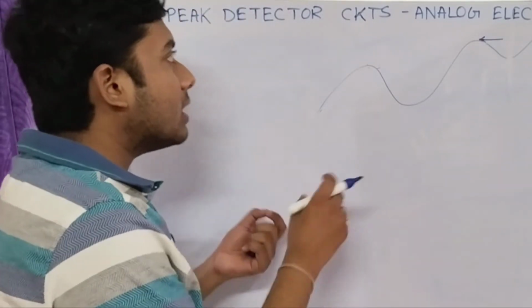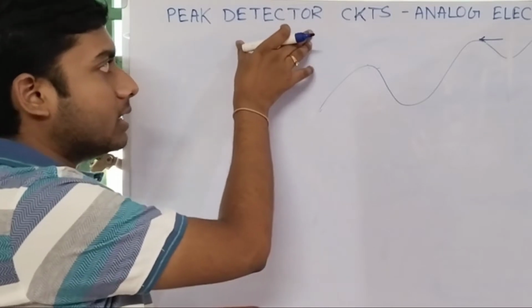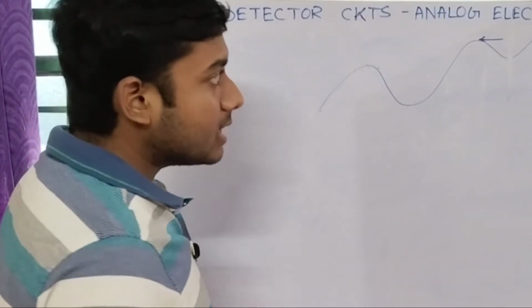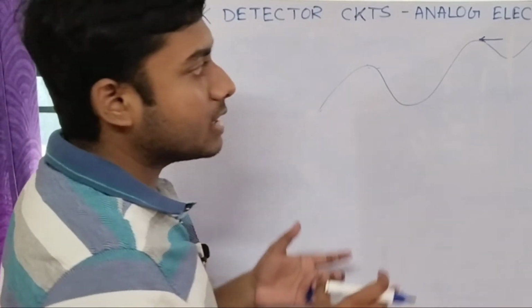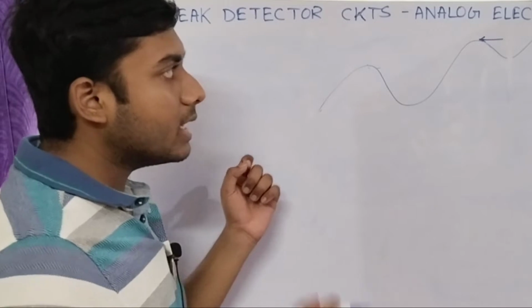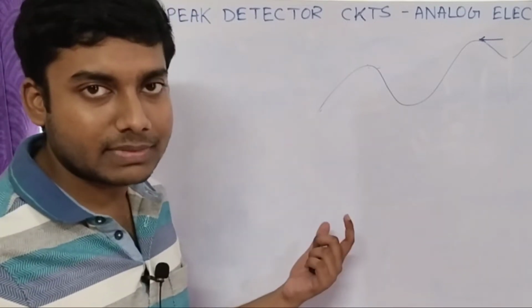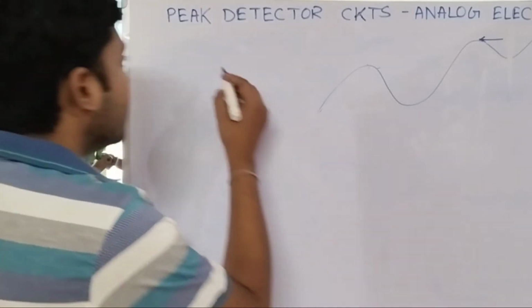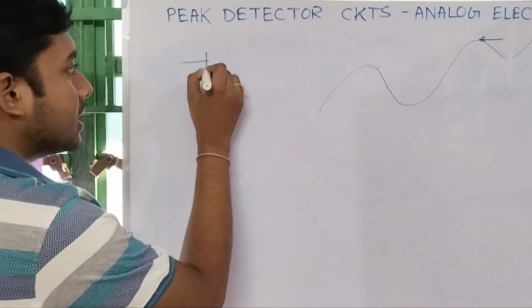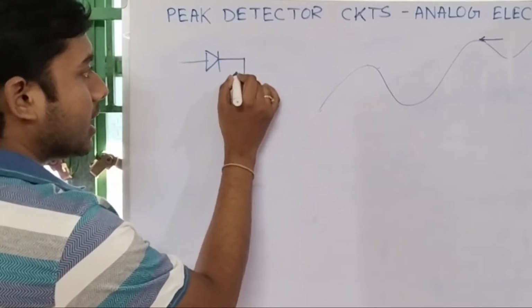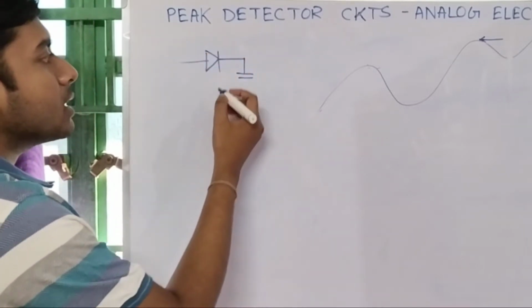Now how can you design a circuit which can detect the peak of the signal? I will discuss that in this video. First I will discuss a very simple circuit, then I will discuss the drawbacks of the circuit and how you can improve it. So first let us understand the simplest peak detector circuit, which is like this: a diode,